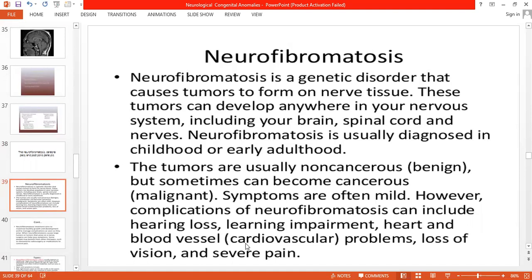Neurofibromatosis. This is a genetic disorder that causes tumors to form on nerves. These tumors can develop anywhere in the nervous system. The tumors are usually non-cancerous or benign. They can only rarely become malignant. Symptoms are often mild. However, complications of neurofibromatosis